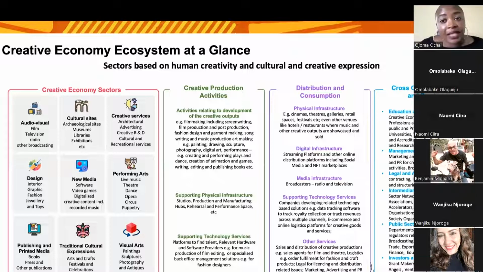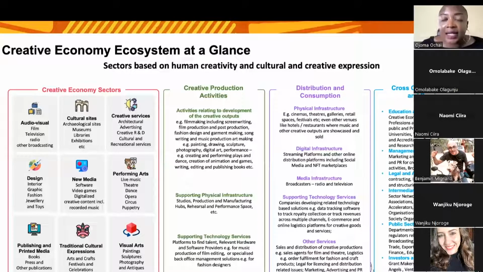There are some activities that are cross-cutting. So education and skills is a strong one. If you are asking people to produce garments for you, they have to have the required skills. If you're asking people to do social media marketing for you, they have to have the required skills. If you're asking somebody to do a distribution strategy for you, they have to have the skills, or you yourself need to have those skills.